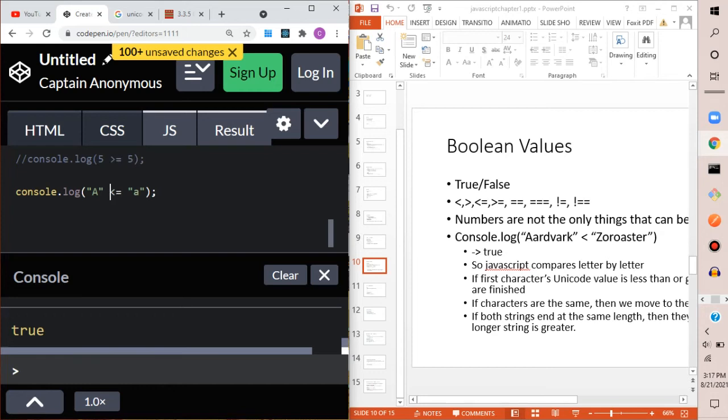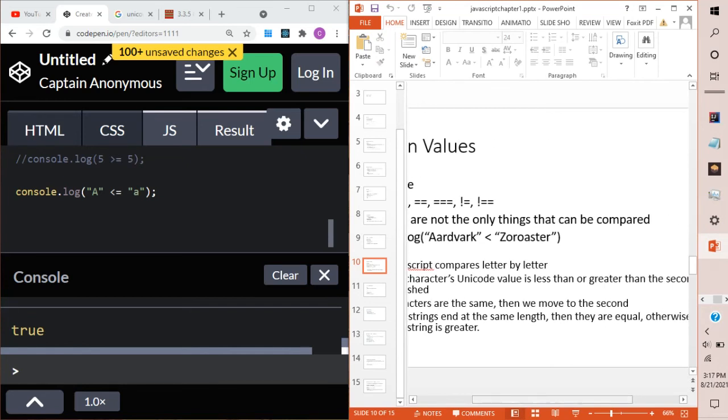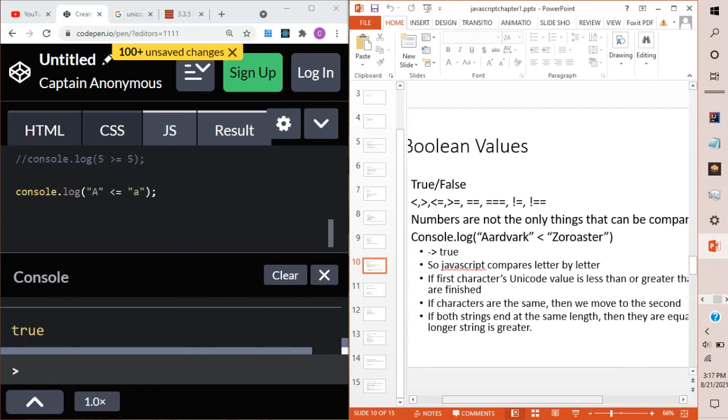That is true. So if you have longer strings, just look at the rules over here on the PowerPoint, guys. So it compares letter by letter starting at the first index. So the first letter, it's going to compare the big A and the big Z. If the first character's Unicode value is less than, or whatever operator you're using here, then you're finished. Then you know that this is true, right? But if they're the same, it's going to go to the next letter, and then the next letter, and then the next letter. If both strings at the end are the same length,